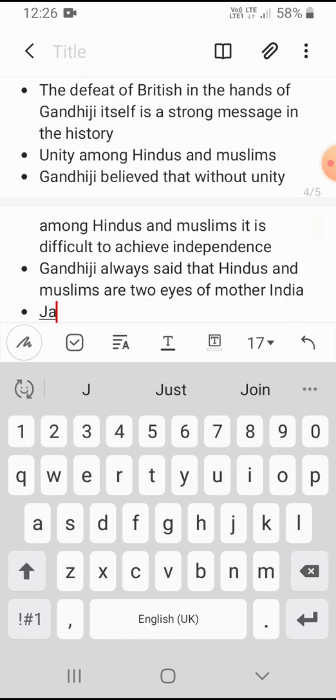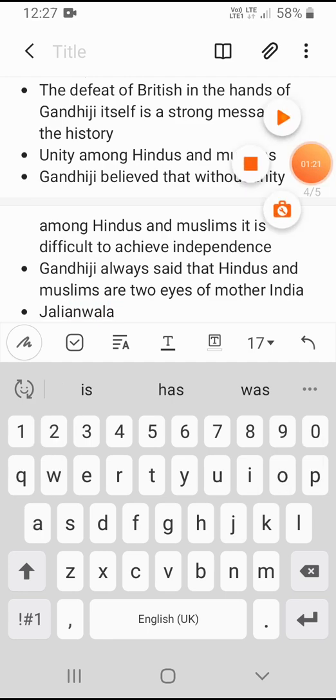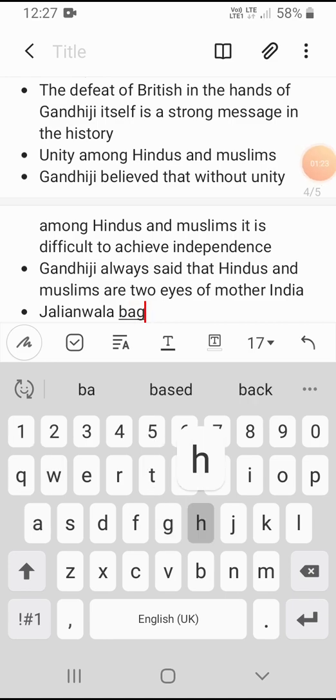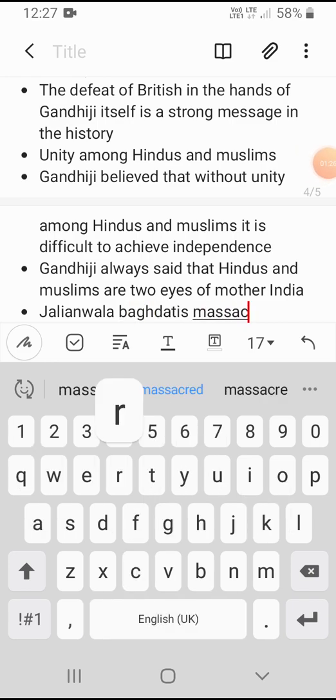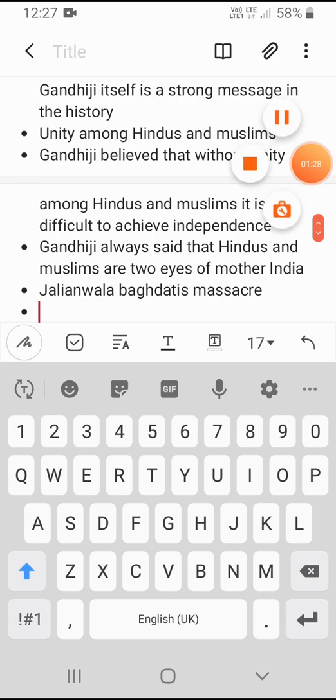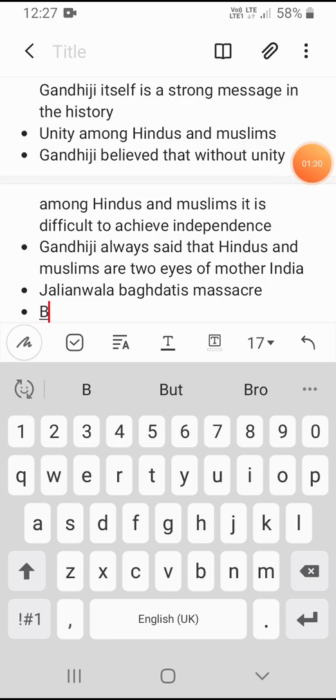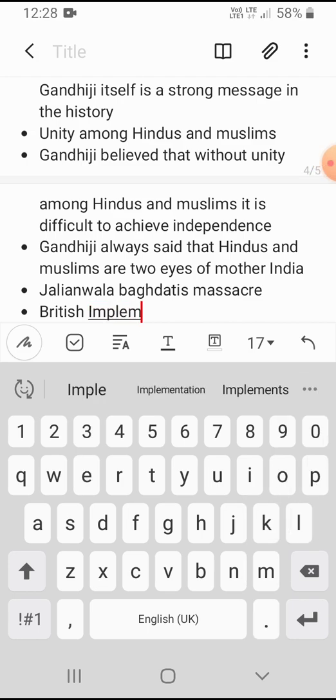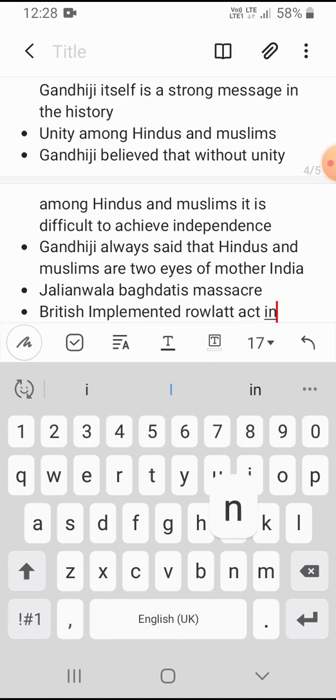So next is the Jallianwala Bagh Massacre. The British implemented the Rowlatt Act in 1919,